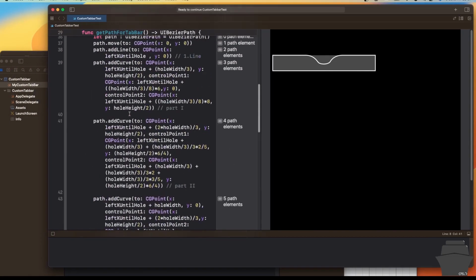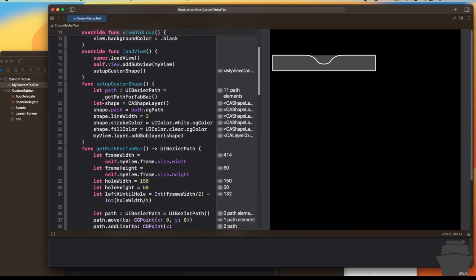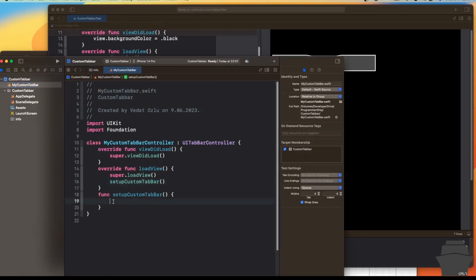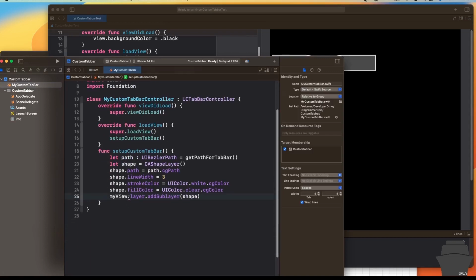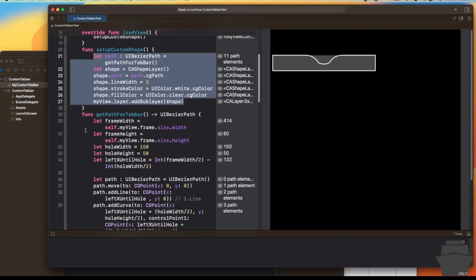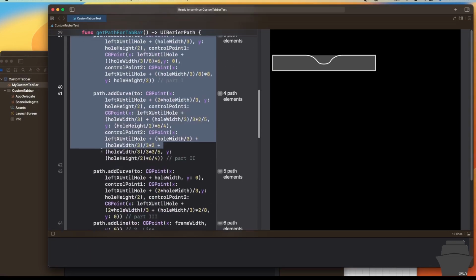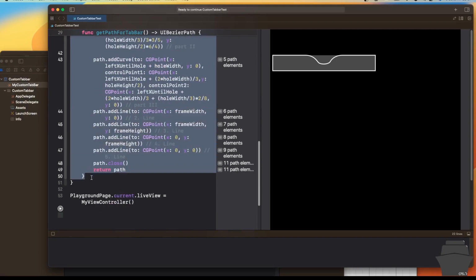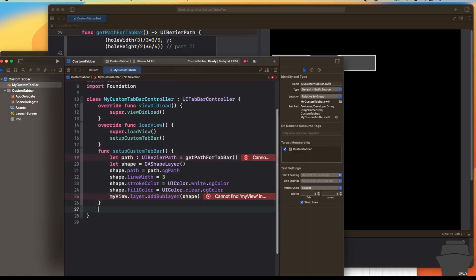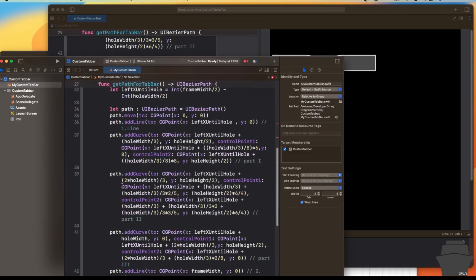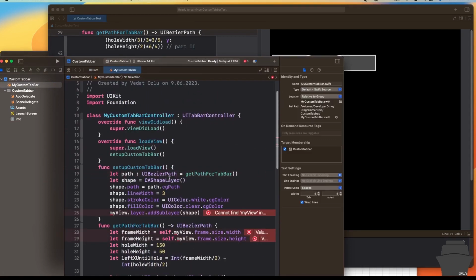Here in the playground, I'll copy the setup custom shape and paste it over here in the Xcode project. Also, I will get the getPath for tab bar function all along down and paste it in my custom tab bar controller, just like that. So instead of my view, we'll use